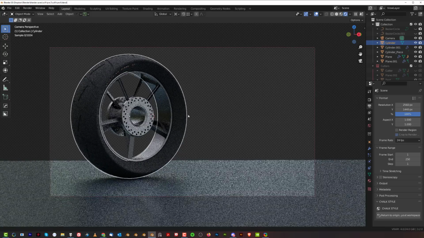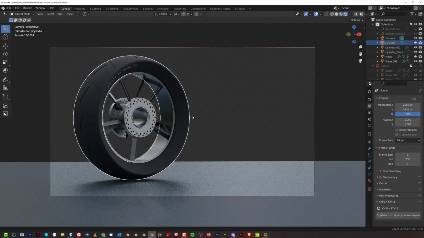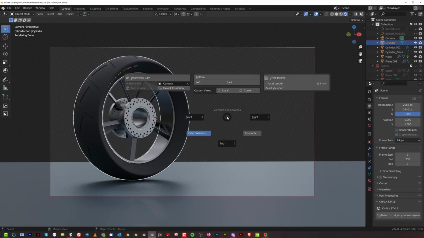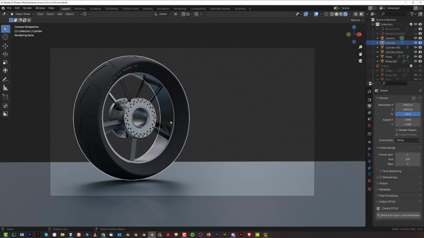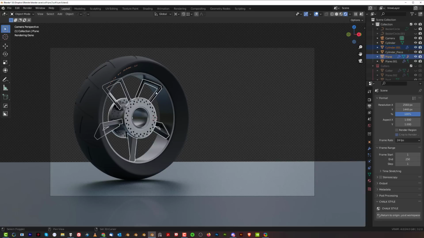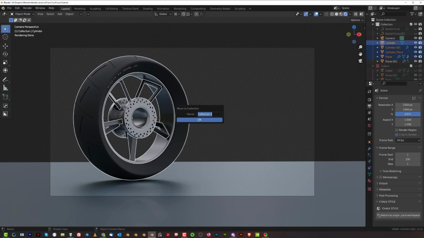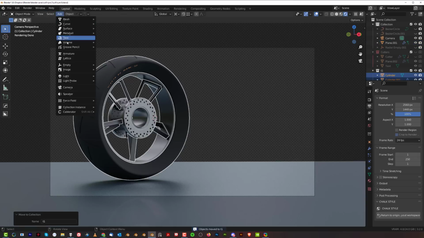Put it somewhere here, and page down, unlock from view. Now, what we're gonna do is place all these elements into one collection, so new collection and Tire 1, and then we're gonna create an instance here,